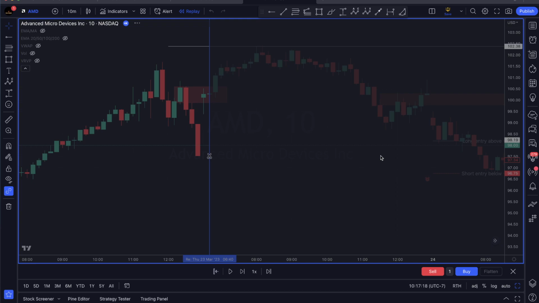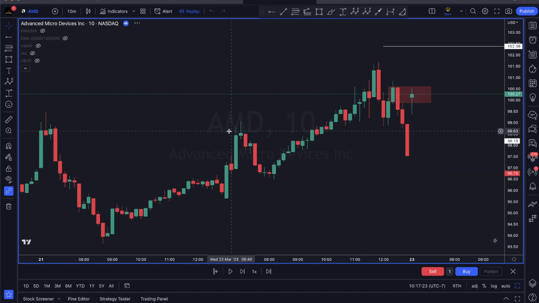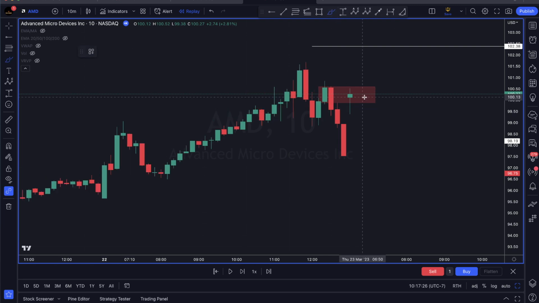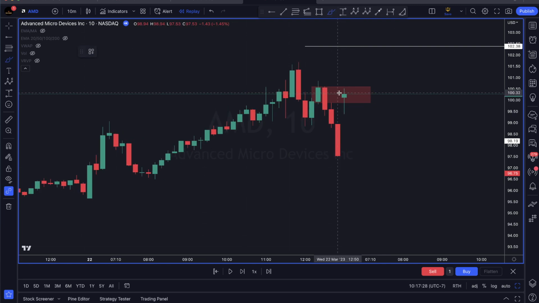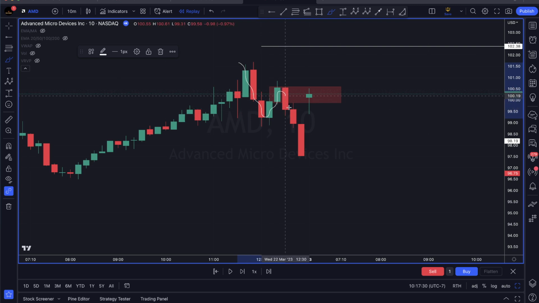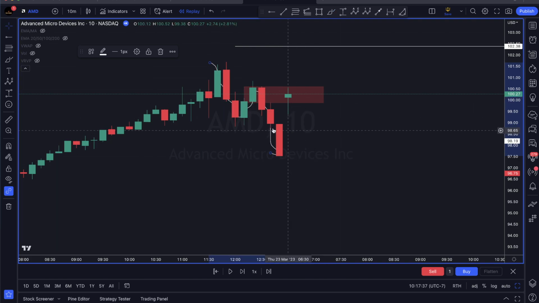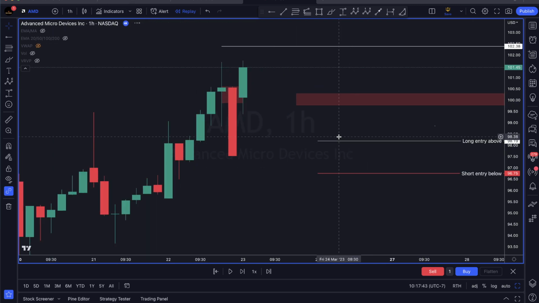So the setup was the clear setup that I showed just now. It is the same setup. So price gapped down, started making lower lows, and then what happened? Price gapped up into the supply. What am I going to do? The first thing I'm going to do is try to take a short,